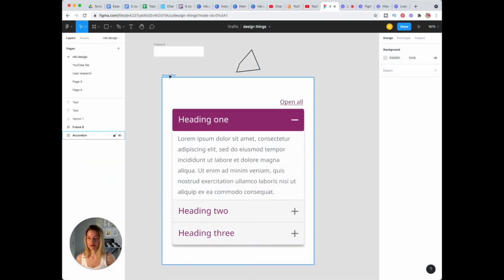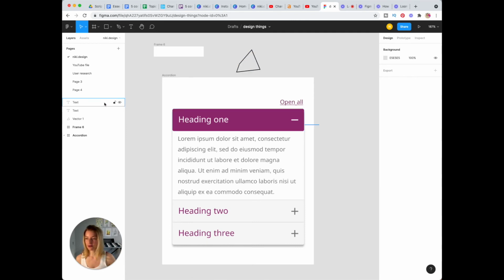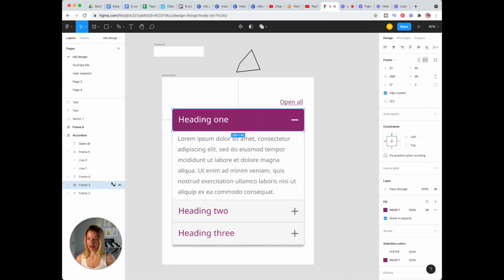And you can see that we have a beautiful accordion designed here. What you see below this faint line is all of the elements that I added to this page. So I can just select this element, and it shows that this is a frame, and I can open up and see what else is included in that frame. See? So that's very simple.